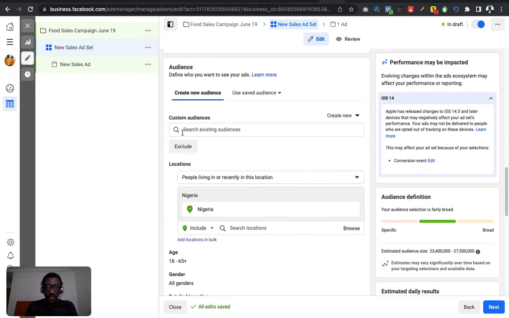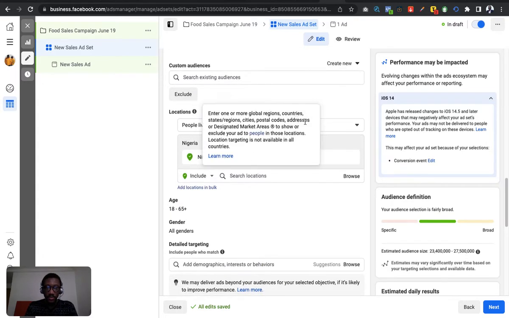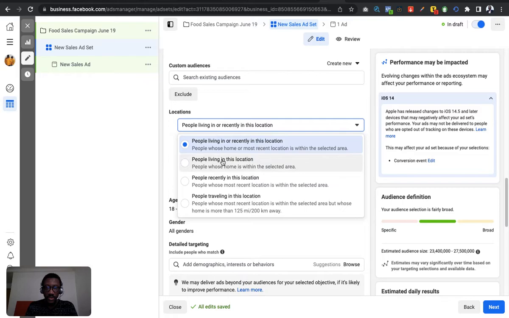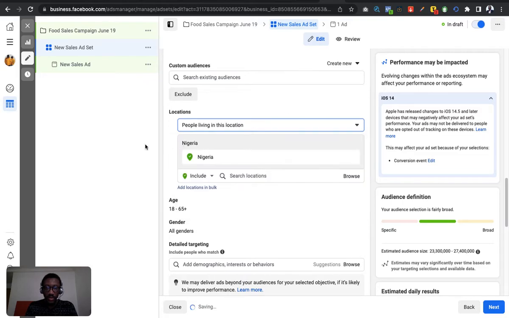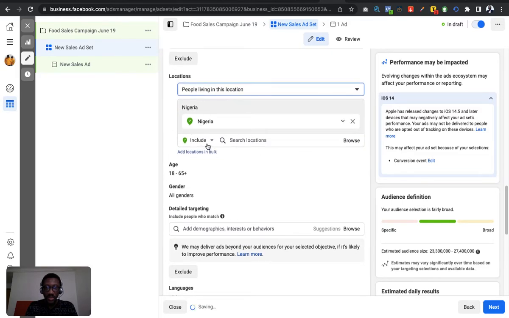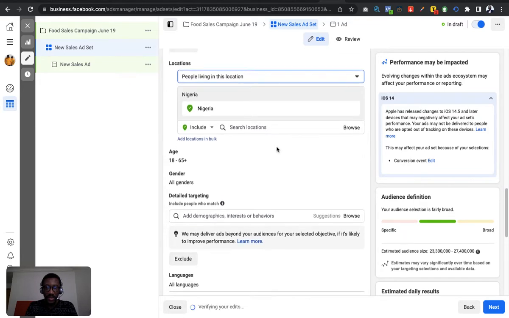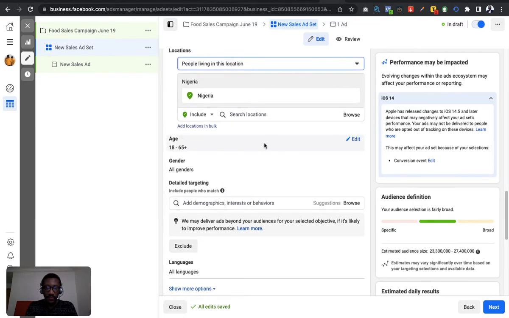So now we're at the audience level. You choose your location. I always prefer people living in this location. I'm actually not supposed to be doing all this. Let's leave it as Nigeria. Then your age, you select your product age, the age range you think would be